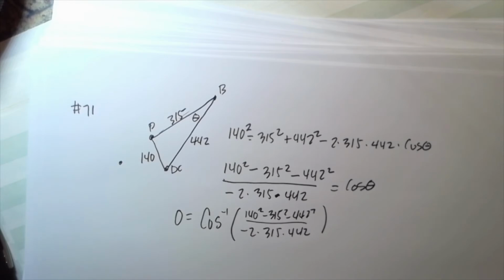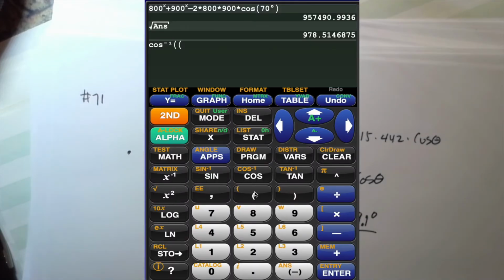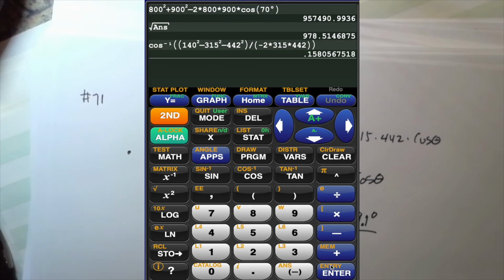Alright, so now we can just plug this into our calculator, and then parentheses for the numerator. 140 squared minus 315 squared minus 442 squared divided by minus 2 times 315 times 442, and we get